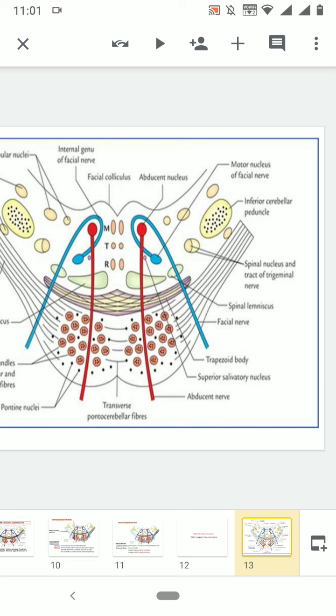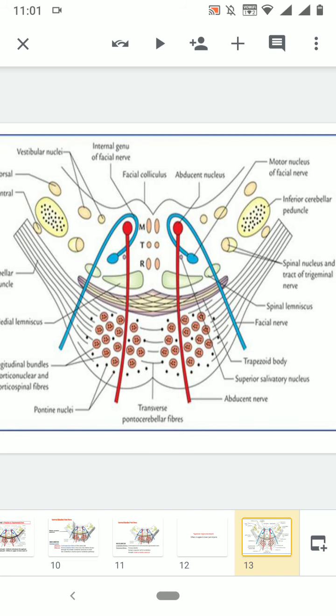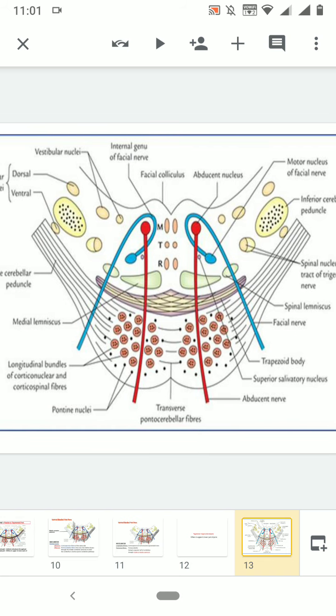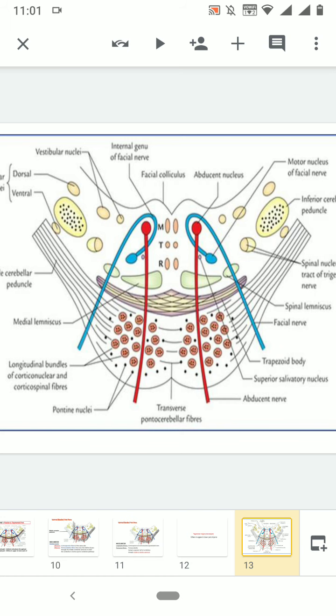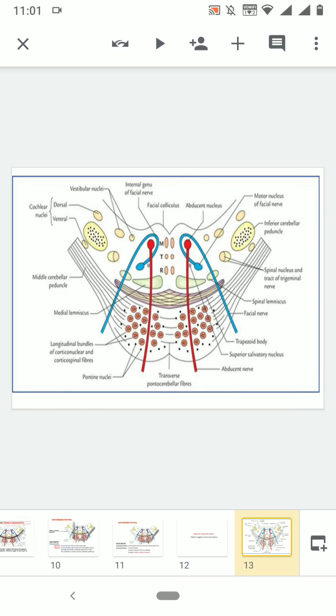It is nothing but the spinothalamic tracts: the lateral spinothalamic and the anterior spinothalamic tracts form the spinal lemniscus, because they have to again reach the thalamus, and they are carrying the sensations of pain, temperature, crude touch. So all these conscious sensations it carries from the trunk and the limbs. These more or less are the fibers at the tegmentum at the level of the facial colliculus. Now here the most remarkable feature of this section is the facial colliculus, which you have to remember, and how it is formed you have to remember.